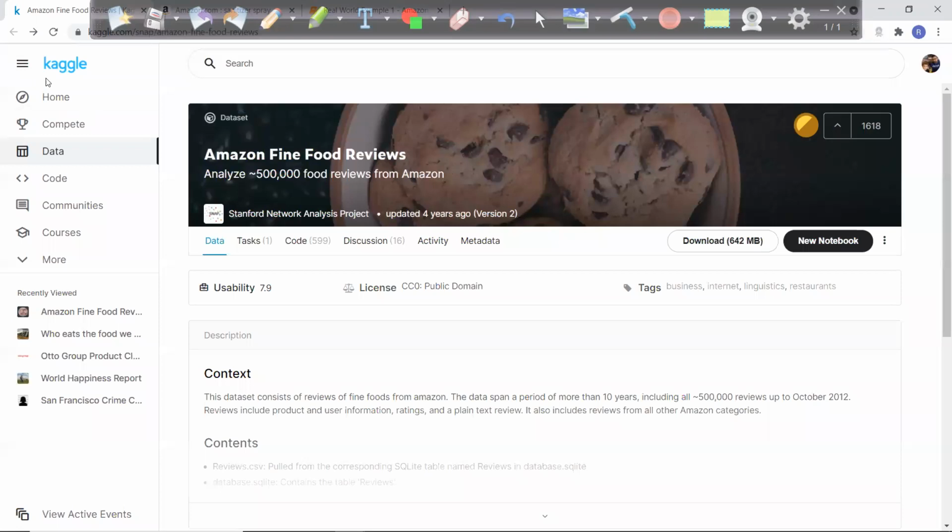This particular platform is a very amazing platform for all the data science aspirants who want to learn data science, right? So a lot of real-time data sets you will find out here. Whatever data set we are going to work with today in this use case will be real-time data from Amazon.